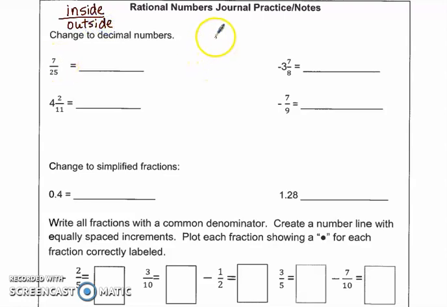So inside is the 7, outside is the 25. Now, if you need more room, feel free to do it on a separate page, in your journal, wherever you want, okay? So we start and we say 25 into 7. We know that won't go. So I have to put a decimal and a 0. I like to hold my spot here with a 0